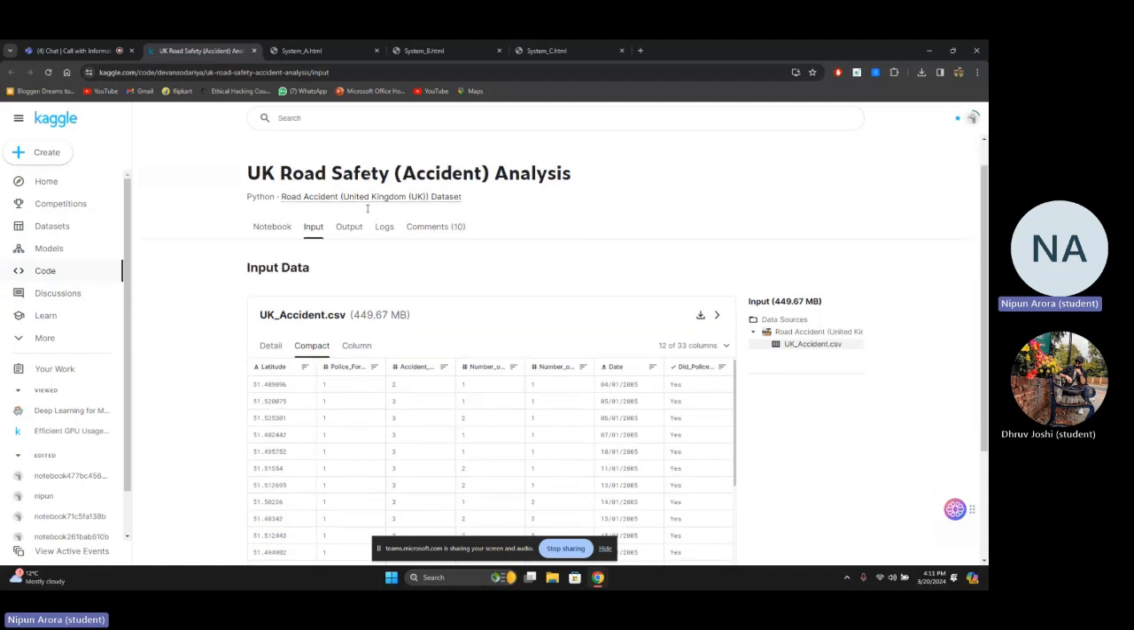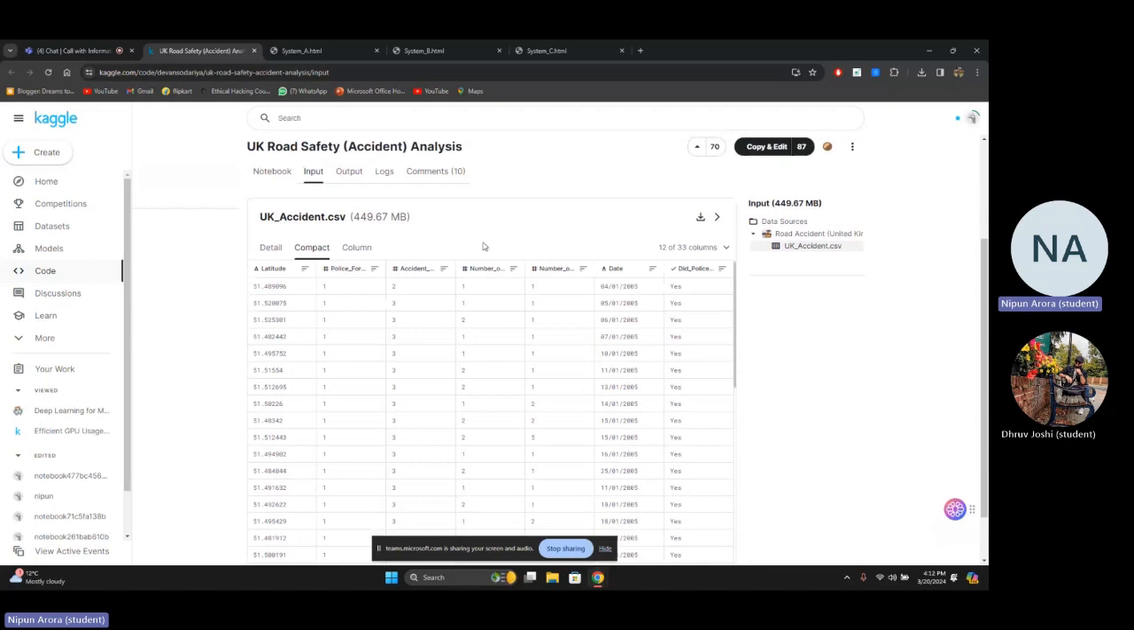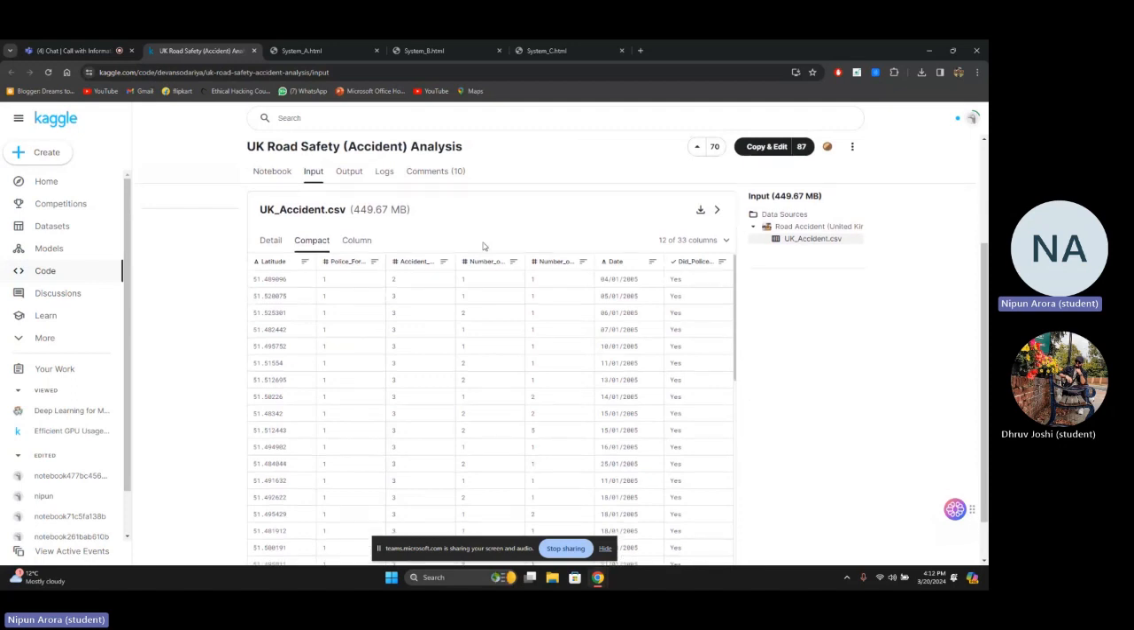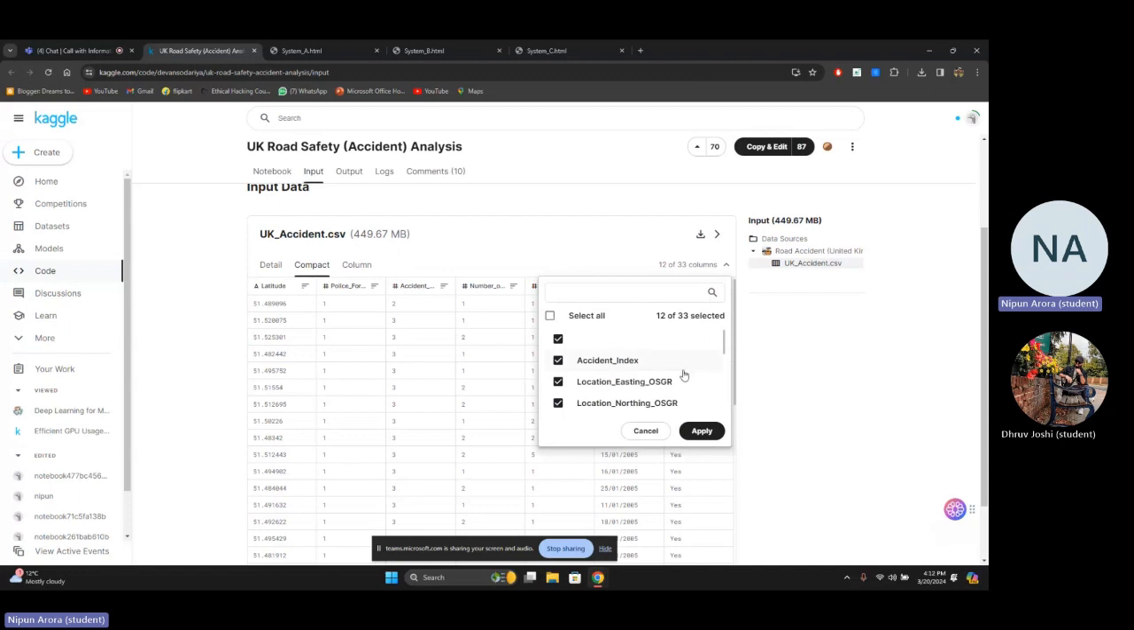Visualization. First, I'm going to tell you about the datasets we have used. So we have used a dataset named UK_accident.csv. We found this dataset on Kaggle, and it has a lot of columns. There are a total of 33 columns, and it includes accident index, locations, longitude, latitude, police force involved,